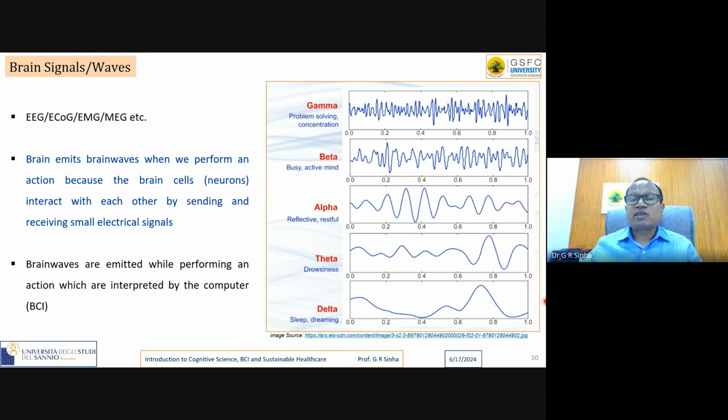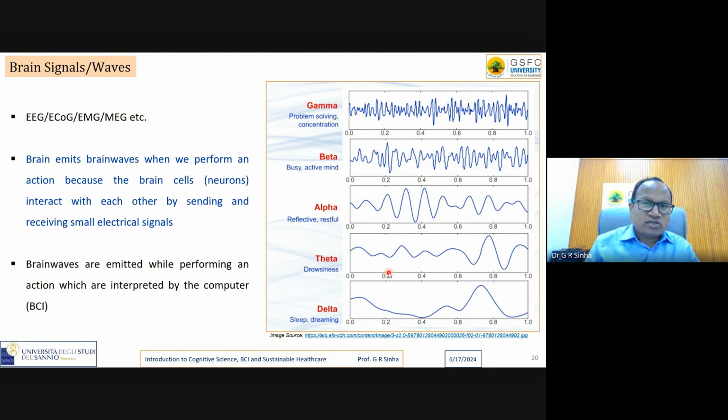So therefore, the frequency of the signal is very low, but amplitude is relatively higher. When you are dreaming, amplitude is a little higher, but still your brain is at rest state, and therefore the frequency is lowest, but amplitude is higher. Theta, drowsiness. When you are feeling some drowsiness, these are just examples. There may be many activities for which theta can be studied. Drowsiness is indicated by the theta part of the EEG signal.